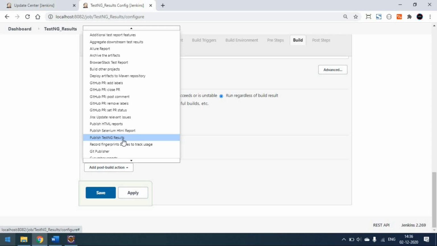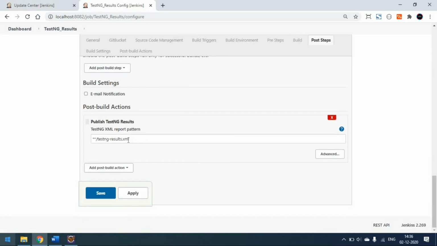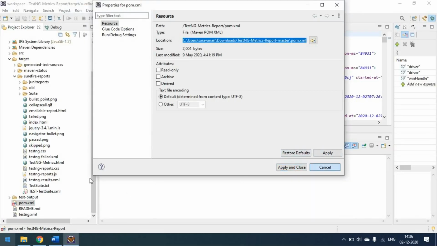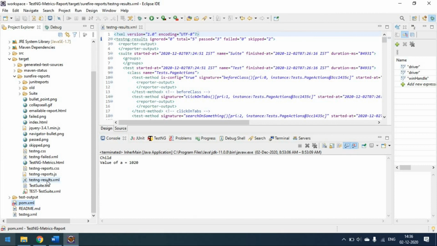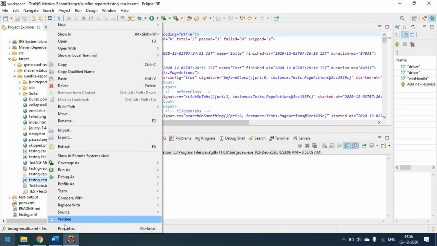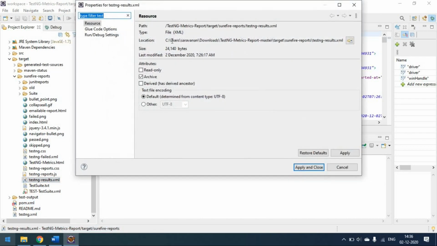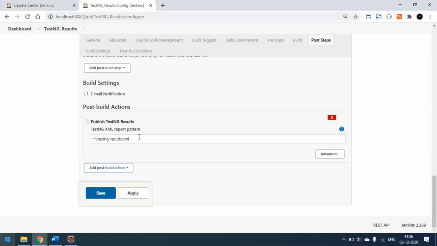As soon as you add the plugin in the Manage Plugins section, you will get this option. Simply click on it. You can see that by default it's taking testng-results.xml, which is coming from here. So I will copy this file path completely and paste it here.